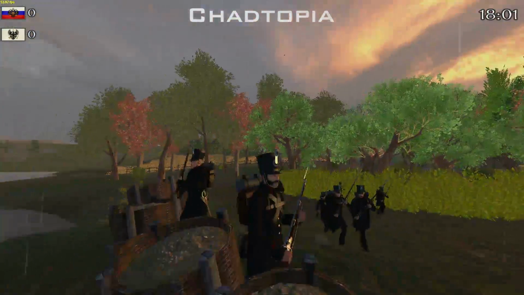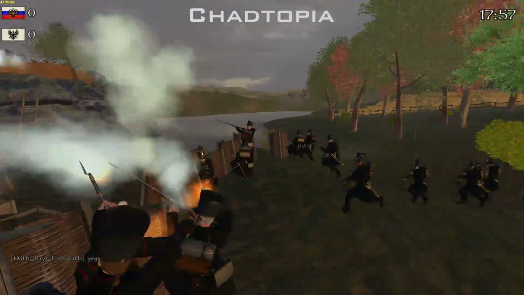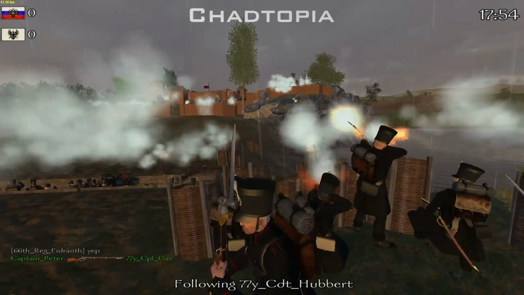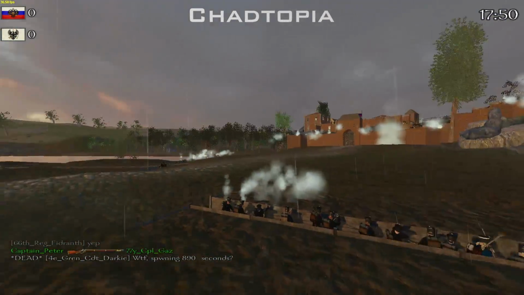But never mind. As we watch the Thingamajib and the rest of the 77Y making a rush over from the right-hand side to attack the fort from the right-hand side. So...